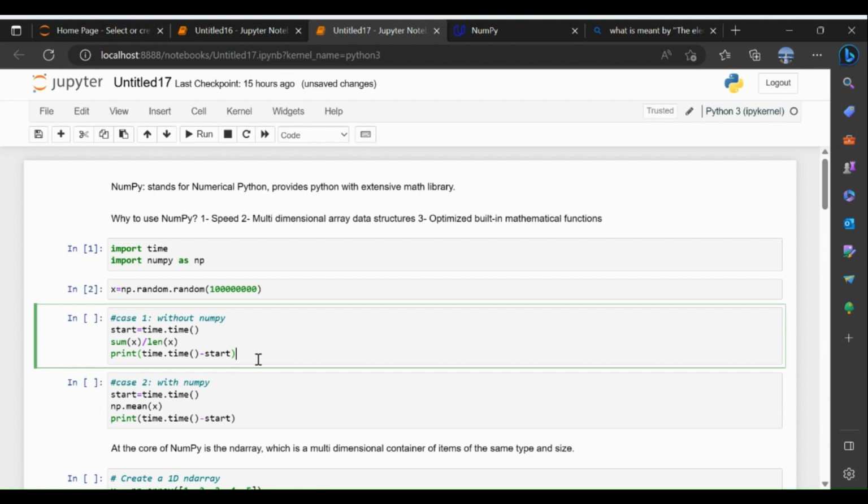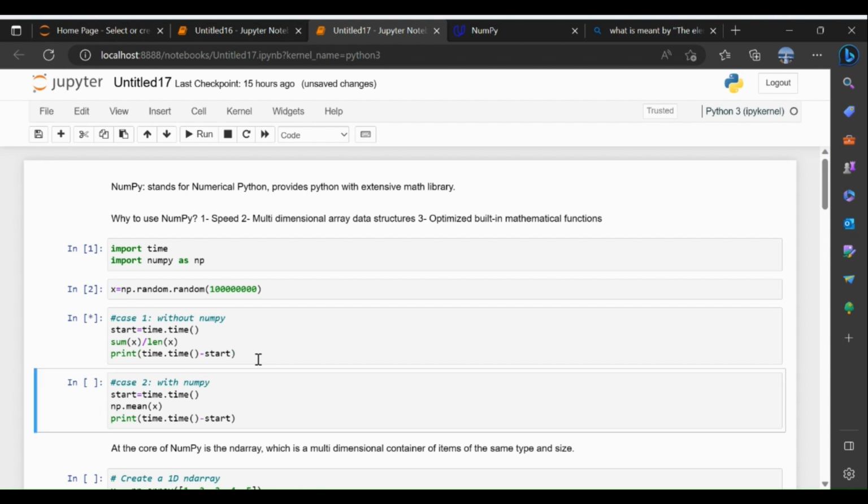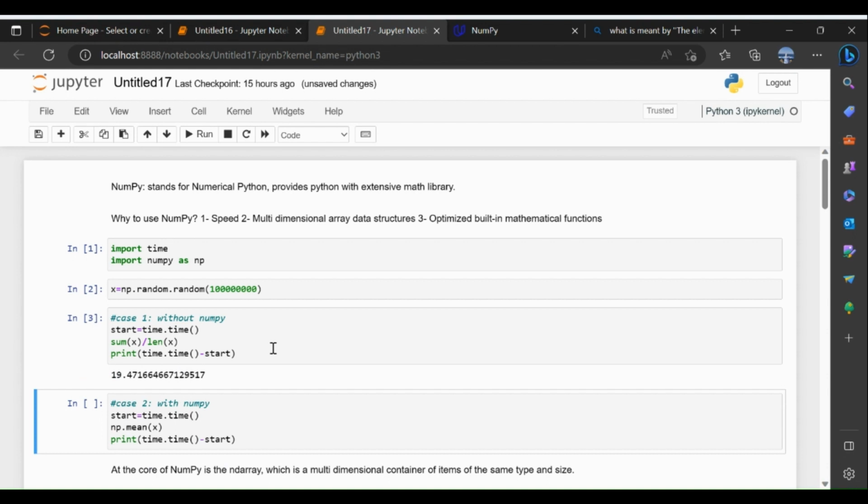We will see the time taken by Python to calculate sum(x) over len(x), the mean of x. As you see, it's taking a while because plain Python without NumPy on large numbers takes a while. Here it took 19 seconds,